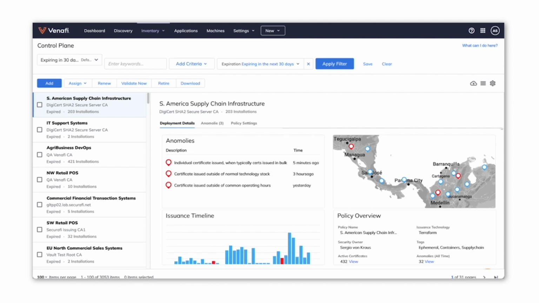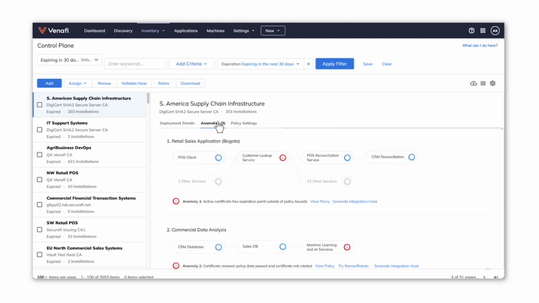What is critical is that either these services be taken down or they be issued with new compliant machine identities as soon as possible so that the application can continue to work in compliance. Now, the developer gets a notification in Slack on the outage channel as soon as these anomalies are flagged in the control plane. They log into the control plane to troubleshoot. They zero in on the anomaly they want to remediate.